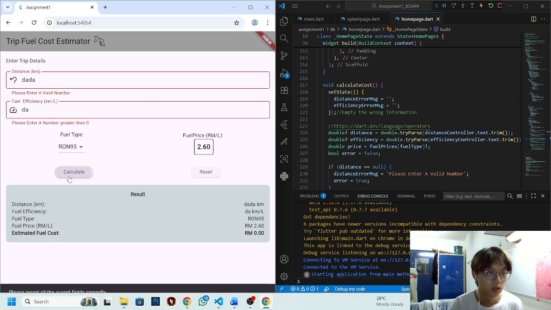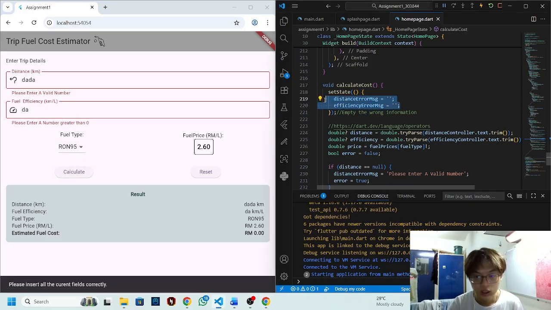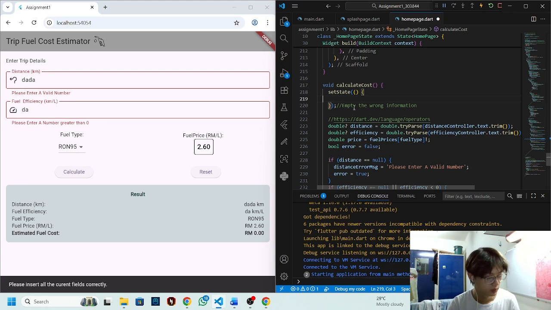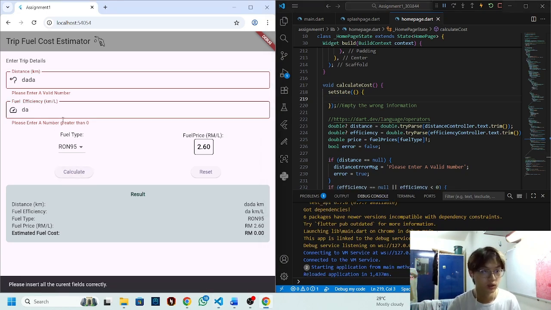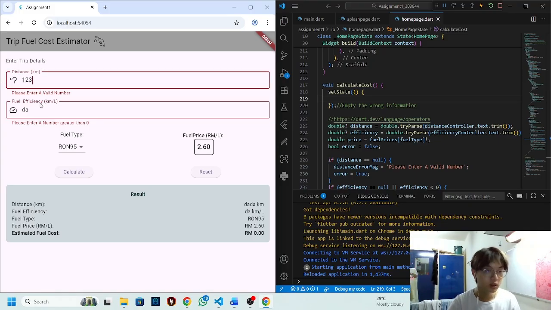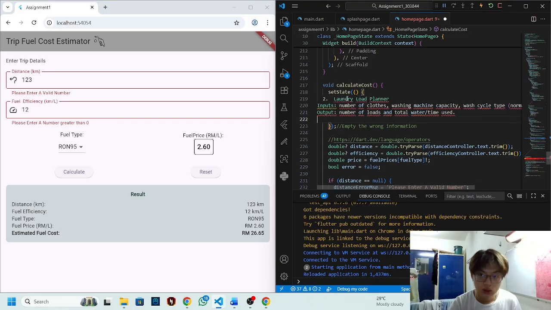And if I delete this, save, I delete this. When I calculate, it will pop up an error message. But even if I insert the correct one, the output will show normally, but the error message will not disappear. So that means I need to